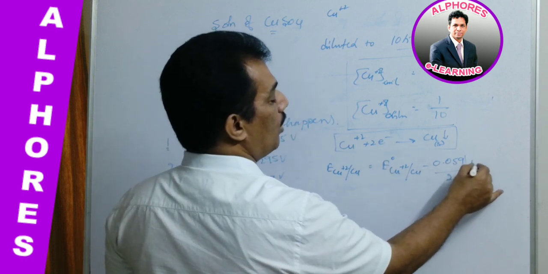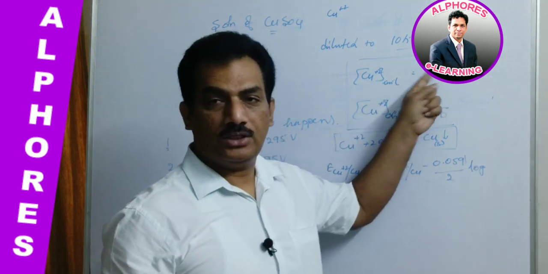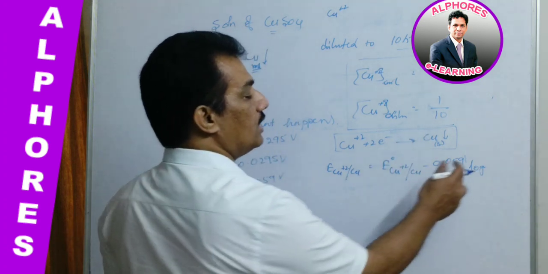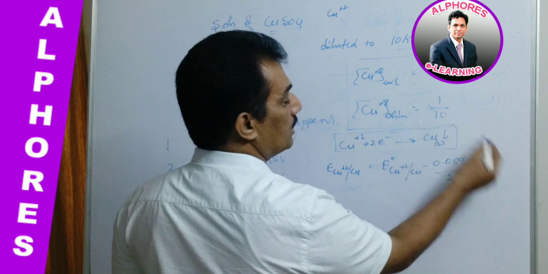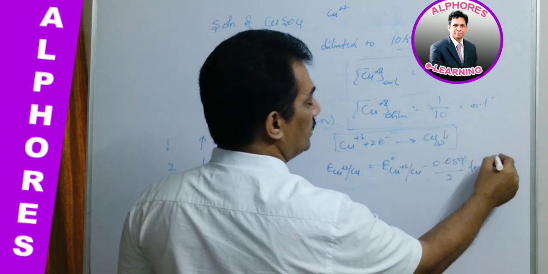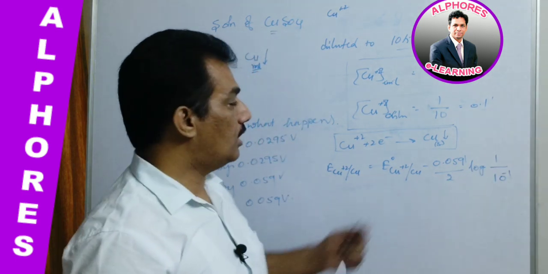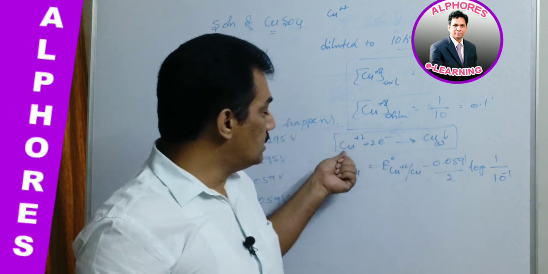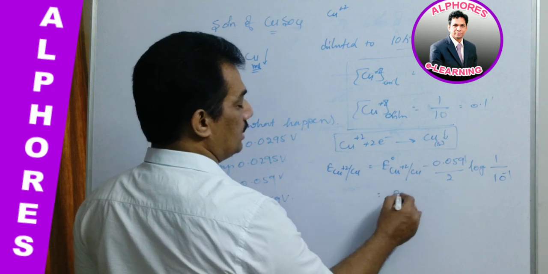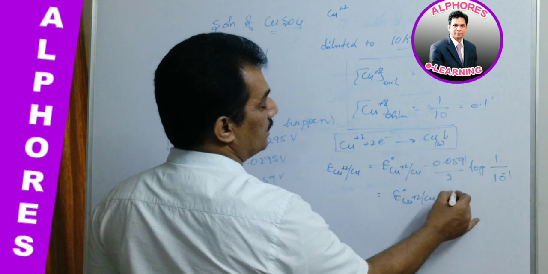Log, previously the concentration is 1, standard condition. Now it is diluted 10 times. So considering 10 times dilution, the final concentration is 0.1. We can say that it is 1/10, that is 10 to the power of -1 concentration. Because copper is in the denominator, it is E naught Cu+2 to Cu minus